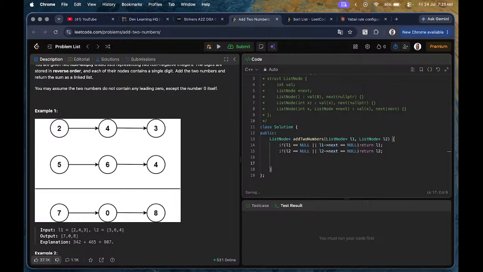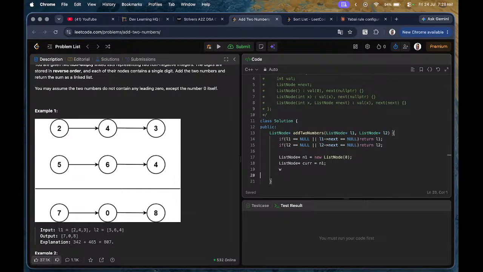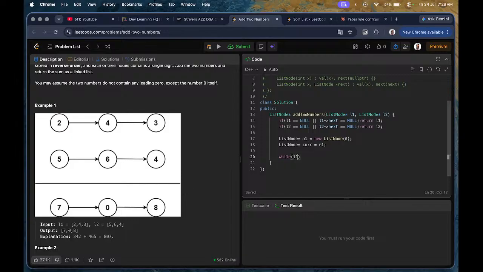So again, what we can do is we can traverse on both the lists and add, and return a new list. ListNode* new1 = new ListNode. Let's create a dummy node, and ListNode* current equals to n1 now. Just similarly like the old one, that is why I got this question, how to solve it. So L1